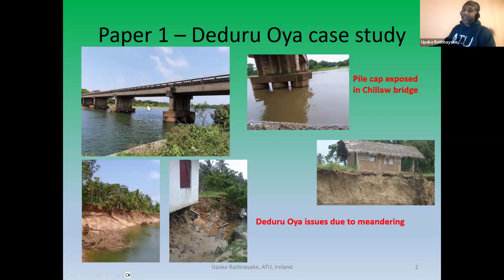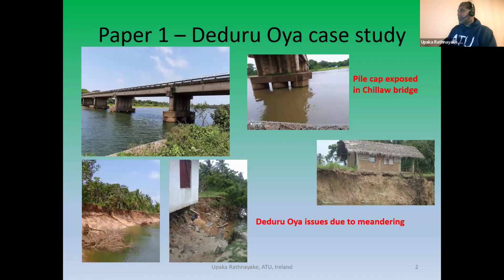I was visiting along the Puttalam area, and I noticed this particular bridge. It was not the same picture which I have taken. At that time, it was a very dry period, and you can see most of the river bed. I noticed that the area around this particular bridge is severely eroded, and also it has a problem of river meandering, because of the curvature of the river. I thought we were going to have some problems in future.